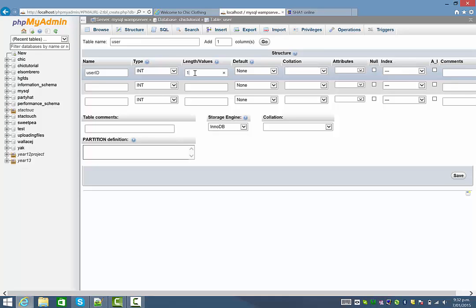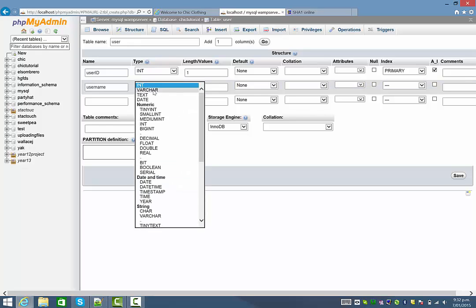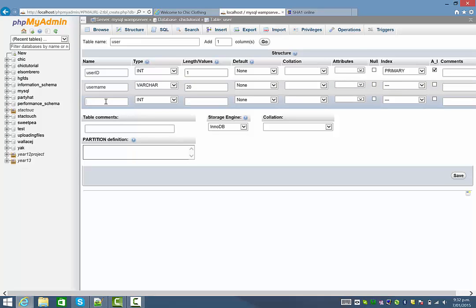However, if you're going to have lots and lots of users, you may want to have more characters. It needs to be my primary key and set to auto increment. The other columns I'm going to have are the username, which I'll set to varchar. Might make that a maximum 20 character length, and password, which is also varchar, and I'll set that to a